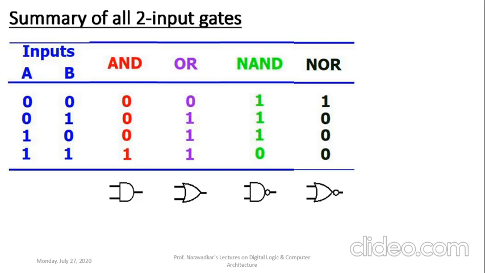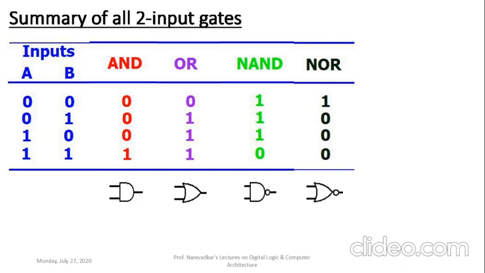And similarly, the truth table: the output of OR gate is shown by violet color, and the output of NOR gate is shown by black color. You can easily correlate and you will find that when input combinations are 0, 0, output of OR gate is 0, so NOR gate output is equal to 1. And for the rest of the three combinations here, 0 1, 1 0 and 1 1 inputs, output of OR gate is 1, so output of NOR gate is 0 for their respective combinations.